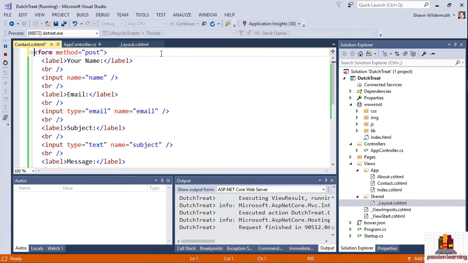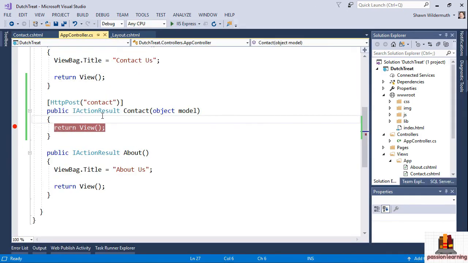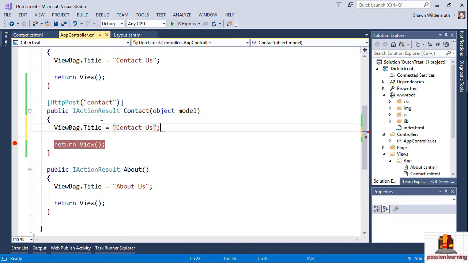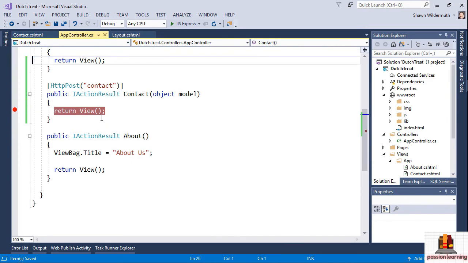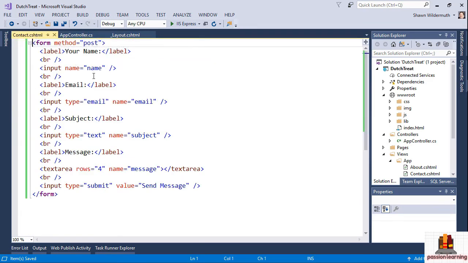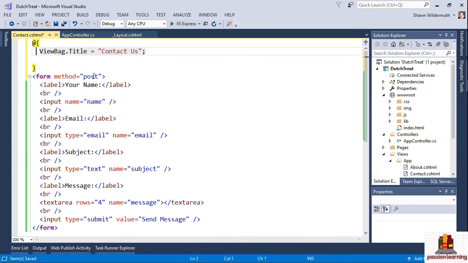So on our contact page, let's go ahead and get rid of the ViewBag title, because that's a duplicate. And then back in our app controller, let's go ahead and add that ViewBag here. If we don't want this to have to be specified in each call that we might go back to the view with, the alternative, which is the one I usually do, is to not do them in either of these calls, but to actually do it at the top